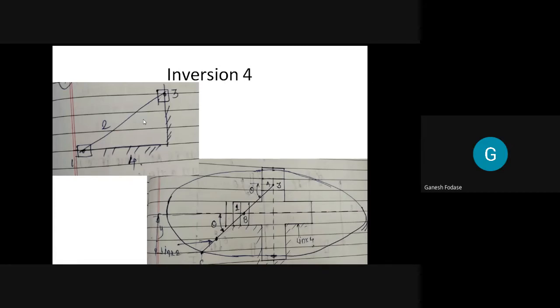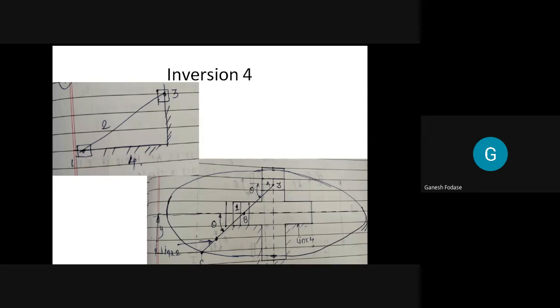In the last case, when we fix link number 2, it is known to you that the fixed link forms a turning pair. Therefore, the 2 shafts are rotating over that frame, which is nothing but a turning pair. Means the connecting link which forms turning pairs is fixed. In this case, the fixed link is forming a prismatic pair with 3 and 1. Of course, 3 and 1 form turning pairs with 2, but we are interested in link number 4 here. So link 4 is forming a prismatic pair with 1 and 3 and is fixed now. Let's say this arrangement here. I just drew this arrangement.